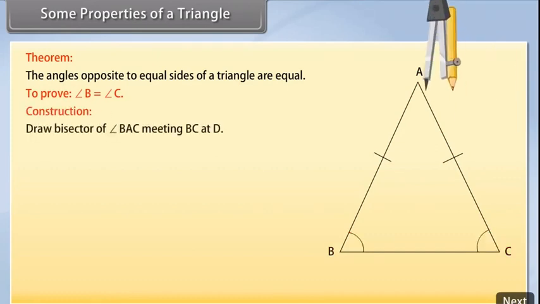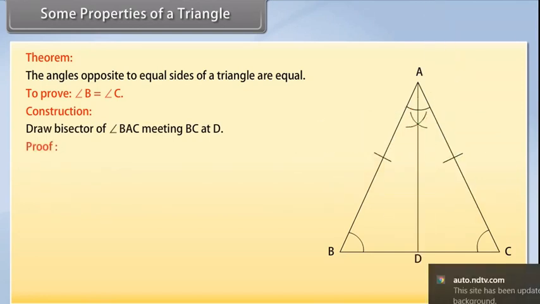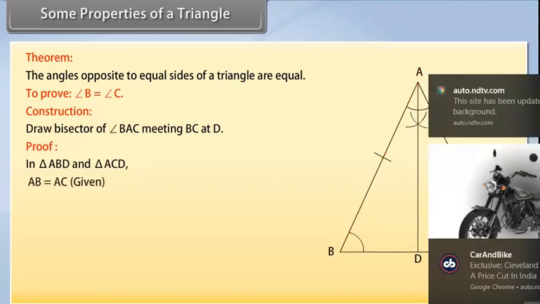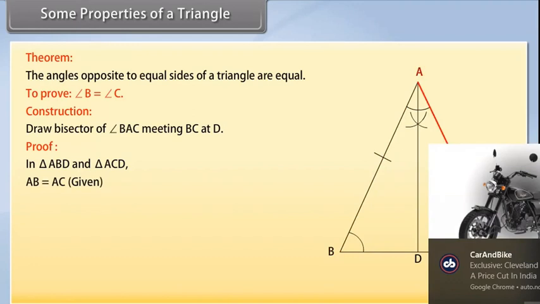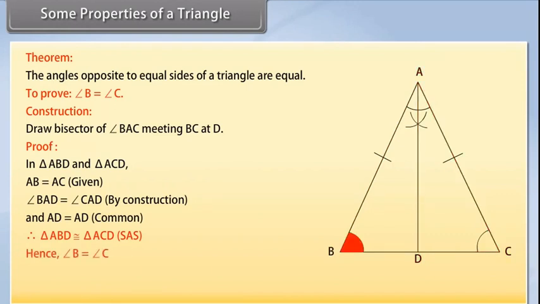Construction. Draw bisector of angle BAC meeting BC at D. Proof. In triangle ABD and triangle ACD, AB is equal to AC, given. Angle BAD is equal to angle CAD by construction. And AD is equal to AD, common. Therefore, by SAS rule, triangle ABD is congruent to triangle ACD. Hence, angle B is equal to angle C. The converse of the